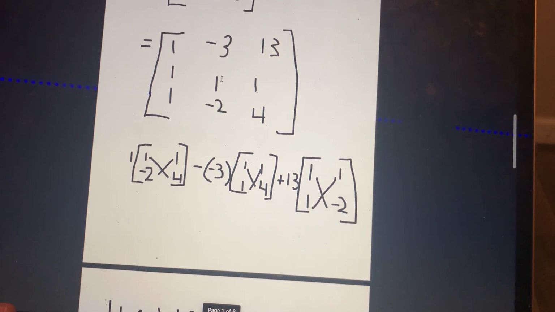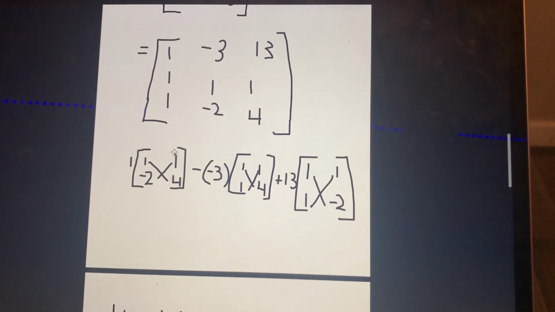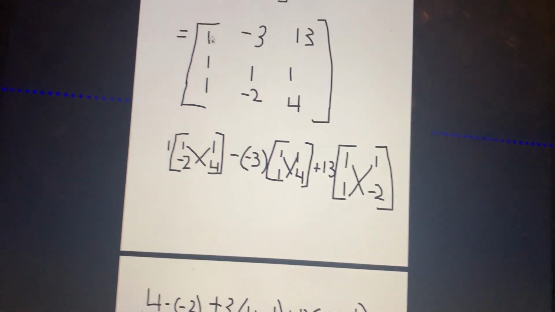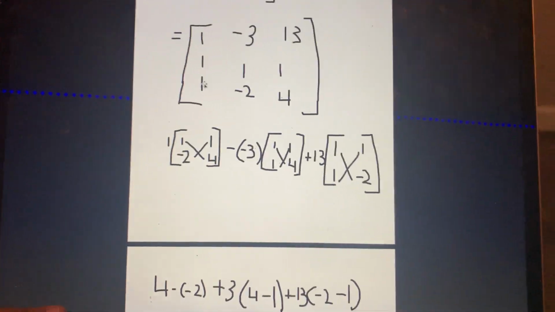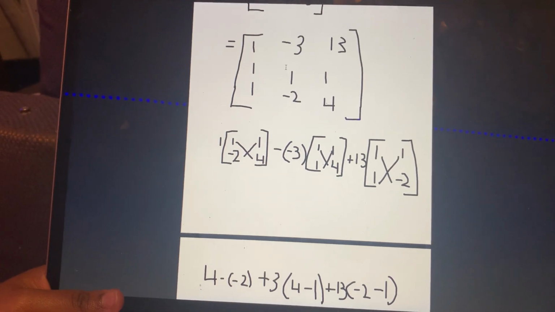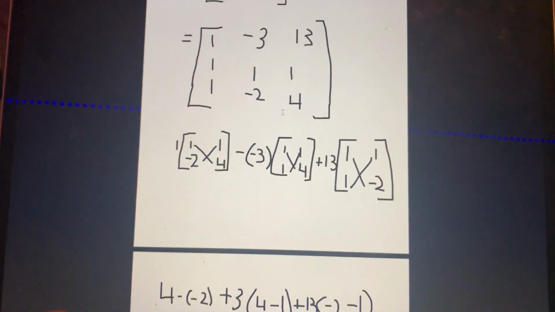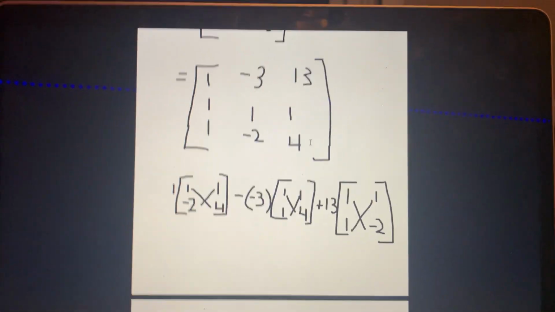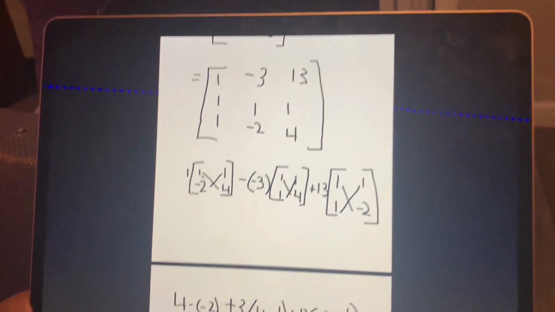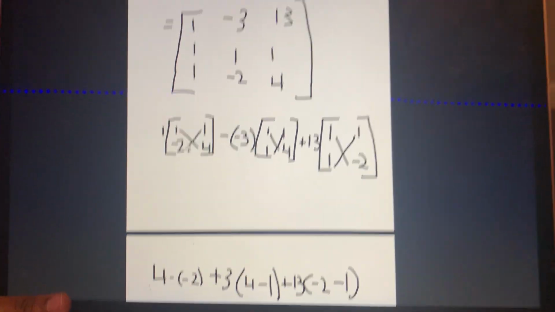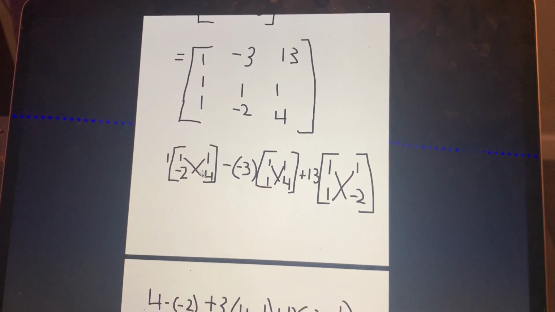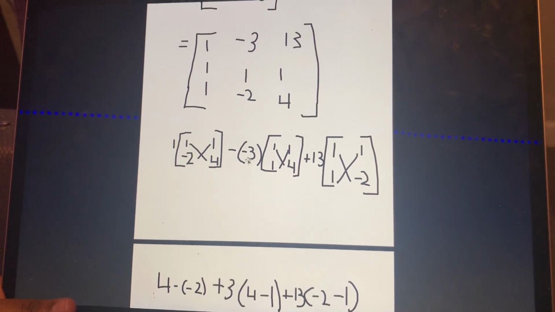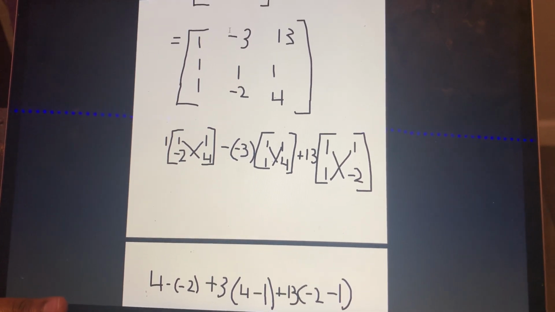Now, what I'm going to be doing is we're going to take the value of a1, and since it's in the first row and the first column, we'll be taking these 4 numbers, which is b2, d2, b3, d3. And as you can see here, I put them in a matrix and I have cross multiplied them. So 1 times 4 and 1 times negative 2 minus negative 3,